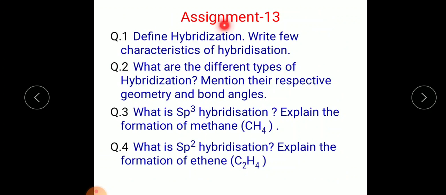Now assignment number 13. Today's assignment, question number 1: define hybridization. Write a few characteristics of hybridization. Question number 2: write the different types of hybridization, and mention their respective geometry and bond angles. Question number 3: what is sp3 hybridization? Explain the formation of methane. And question number 4: what is sp2 hybridization, and explain the formation of the ethene molecule. Complete this assignment and send it in my